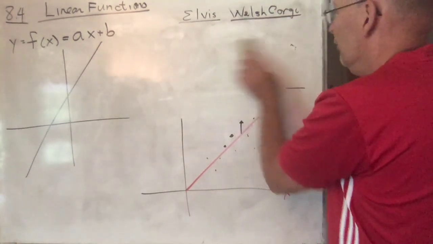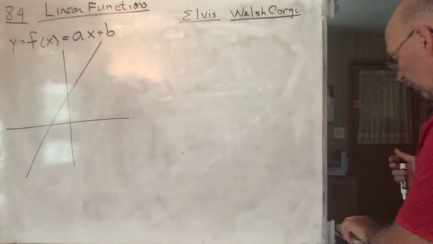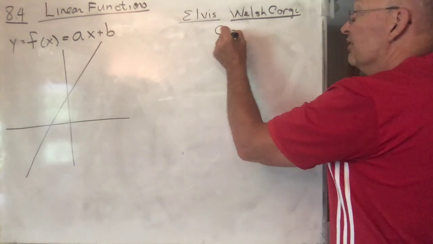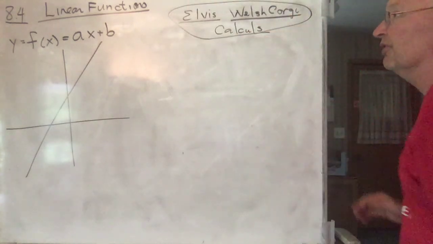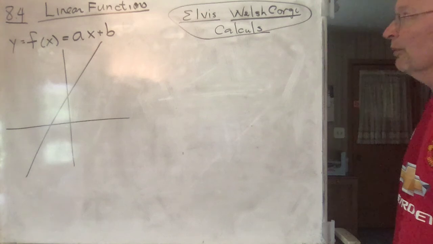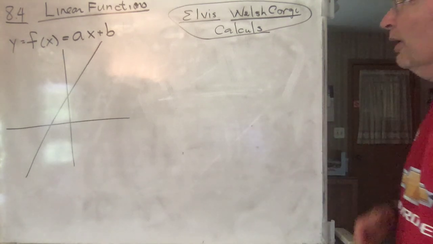Here's another one I did. That's one I'm well famous for. If you put in Elvis and Welsh Corgi and calculus, just Google those, you'll find all sorts of stories about Elvis and me with that thing. We've probably given 300 talks all around the country